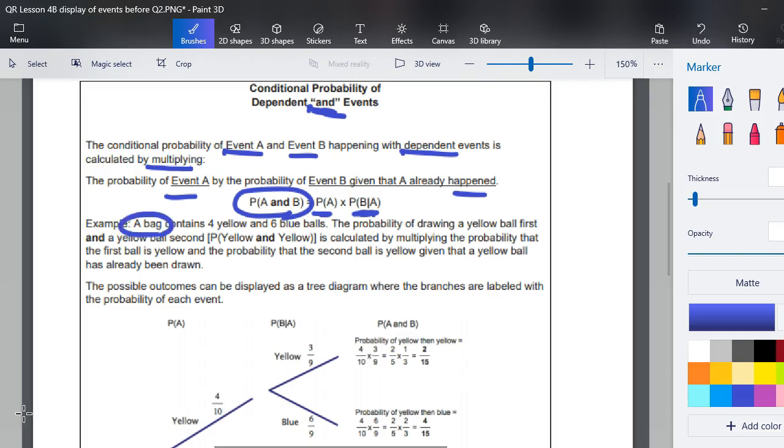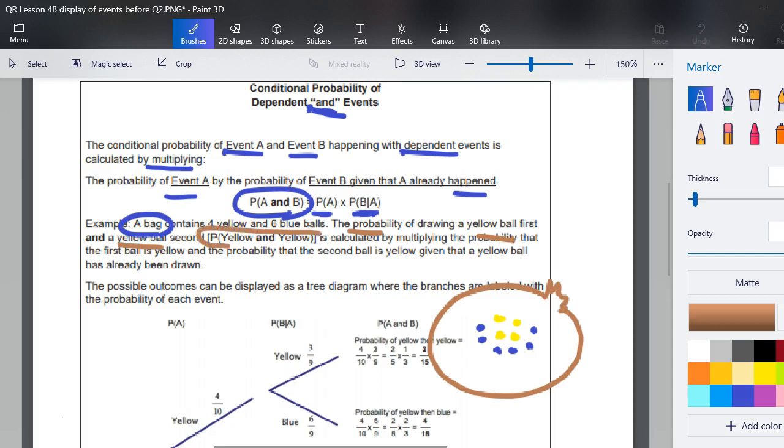So if we have a bag that has 4 yellow balls and 6 blue balls, and these are all in this handy dandy bag with a little tie on the top, looks like a balloon. What they're asking us is, what's the probability of drawing a yellow ball first and a yellow ball second? In other words, what's going to be the probability of drawing a yellow ball and a yellow ball? It's going to be calculated by multiplying the probability that the first ball has been drawn in the first place,